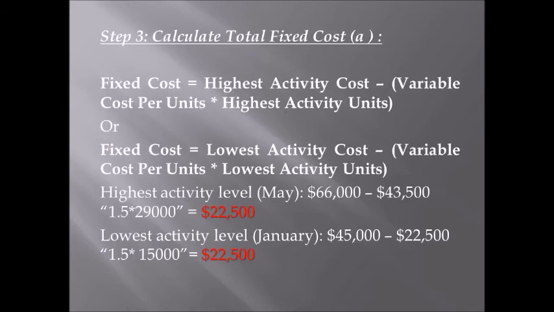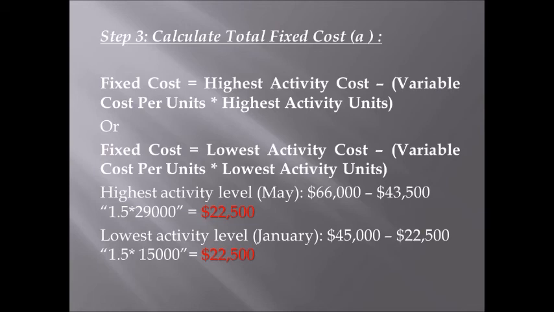Step number 3, calculate the total fixed cost, which is the value of A in the straight line formula. We can use the highest level of activity or the lowest level of activity, or we can use both levels of activity. For the highest level of activity: highest level of activity cost minus variable cost per unit multiplied by high level of activity units. Okay, 66,000 minus 43,500, which is 1.5 multiplied by 29,000, equals